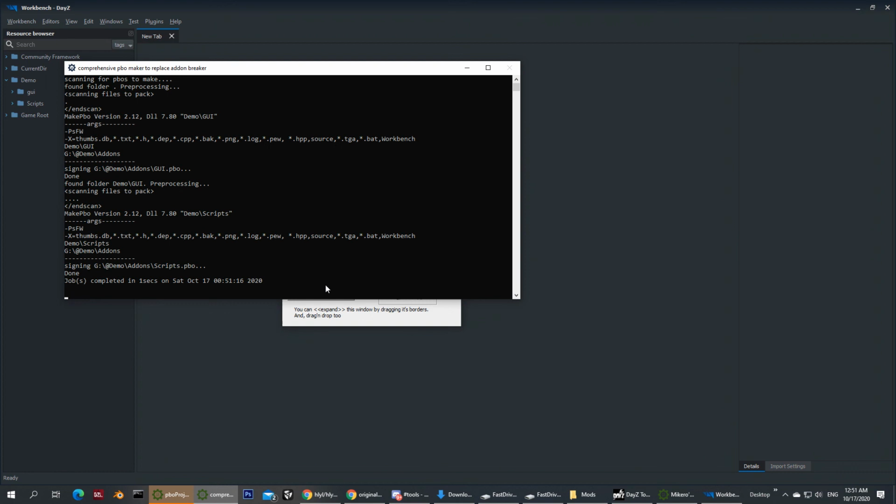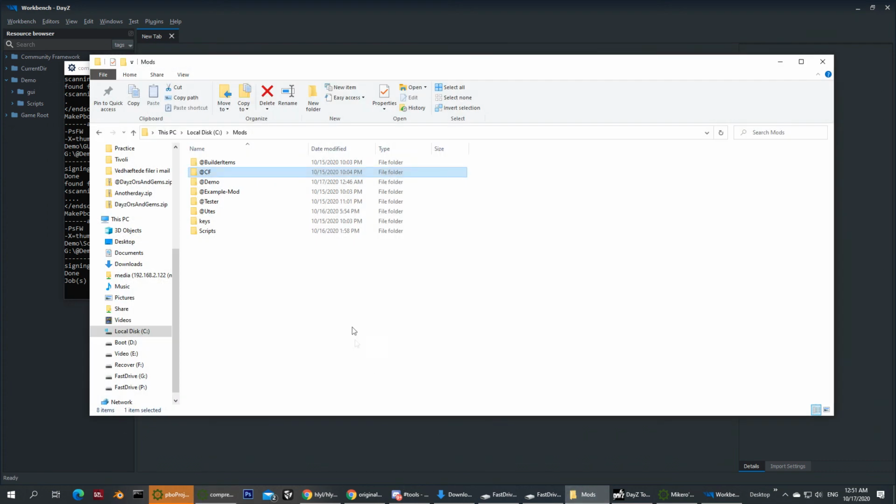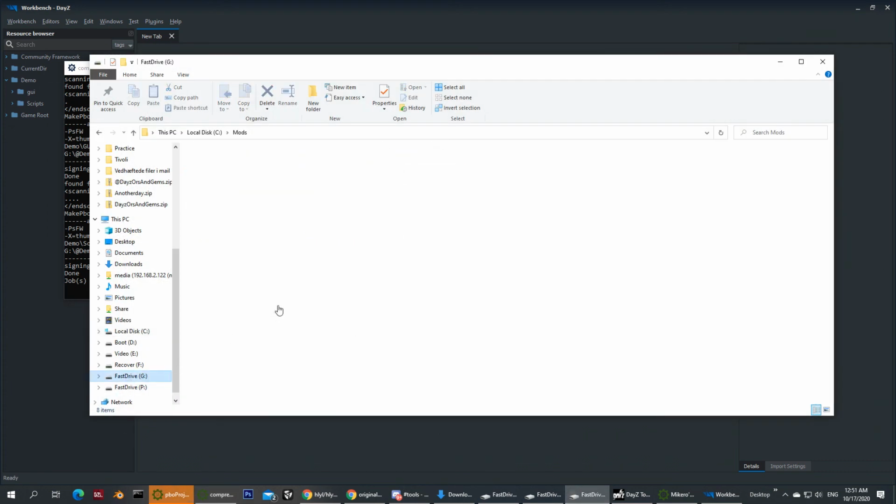Now I build this, it creates the PBO and signs correctly. And I have now created my first mod with this setup: demo mod with the scripts signed and with the bikey included in the keys folder as well.